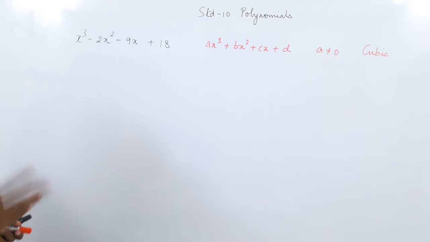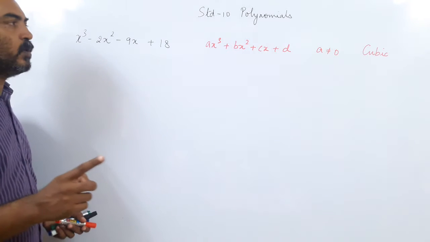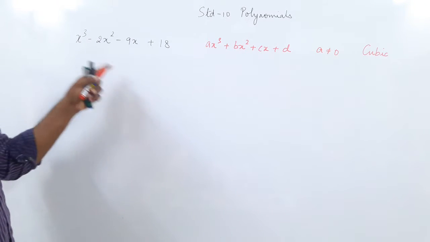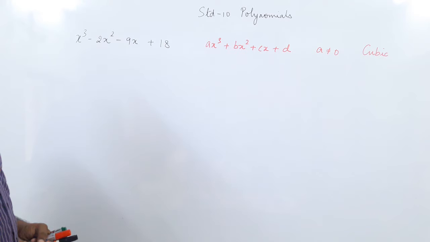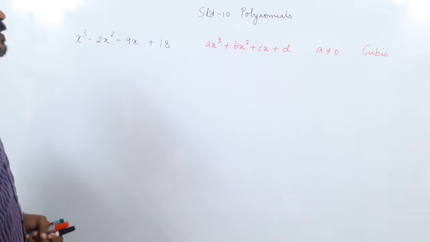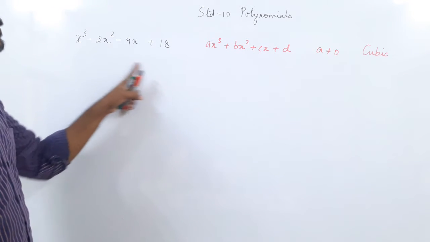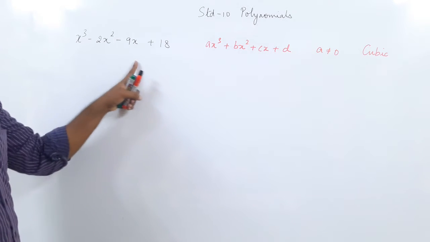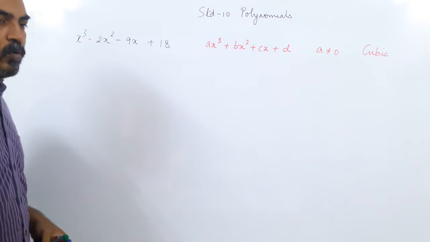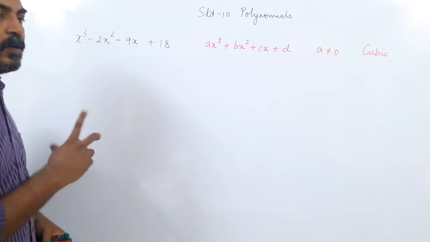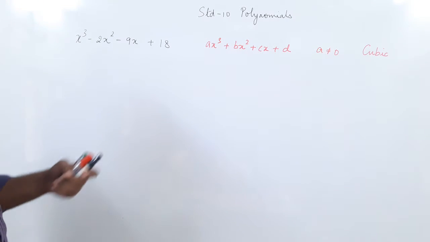So it can have no roots if it doesn't cross the x-axis. If it crosses the x-axis once, then 1 root. If twice, then 2. But maximum it can go to 3. So now we are going to see the same thing: the relation between the zeros of the polynomial, for which value of x they become 0, and like we did before, the relationship between the coefficients and the zeros.